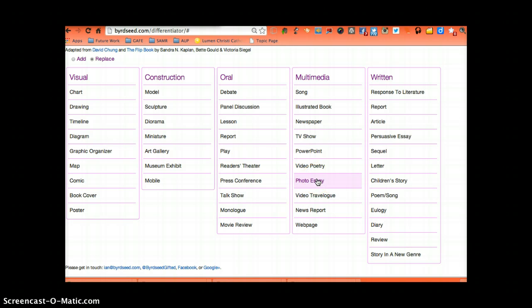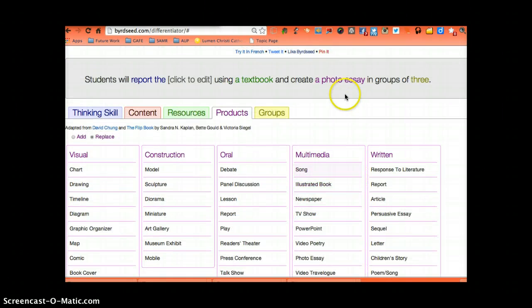Let's use something like that, and let's pretend we create a photo essay. So I'm a scientist and I am going to be taking pictures of my crayfish, and I'm going to use my pictures as observation, and with my pictures tell my story about what I learned. So obviously it'll be pictures and text or pictures and audio. Photo essay in groups of 3, and for a photo essay I could use Audio Boo, or